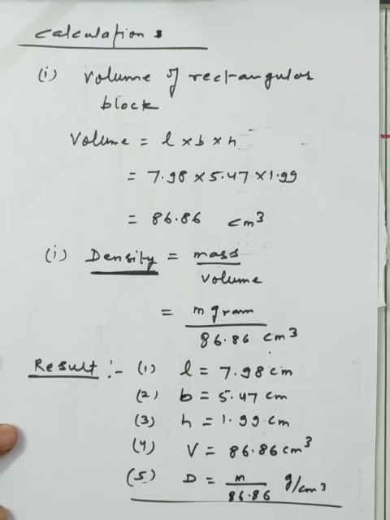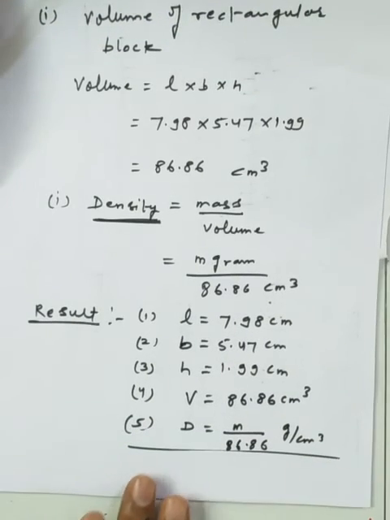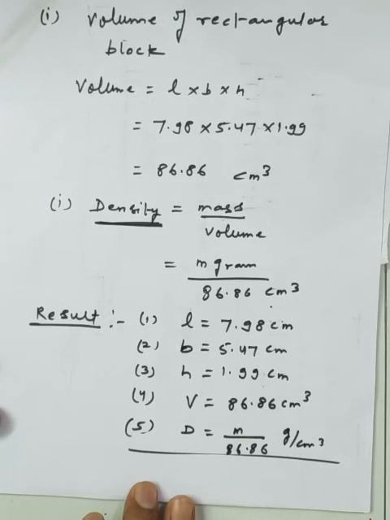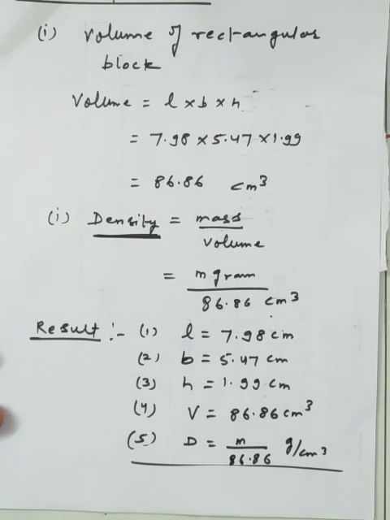So this is the general representation of the results about the measurement of the dimensions of a glass slab. This is the simplest method to represent the practical. Now we will use the vernier calipers to find out the dimensions of other objects also. We will use the same concept here.